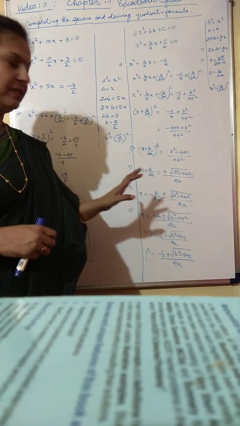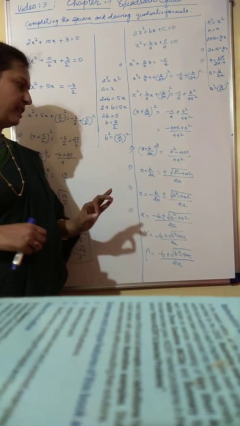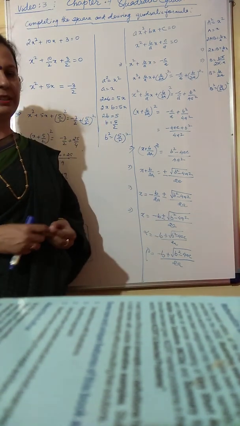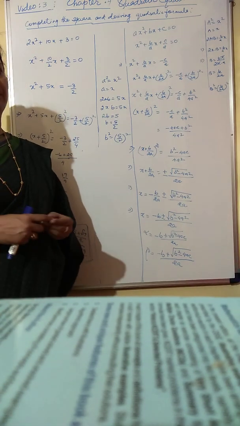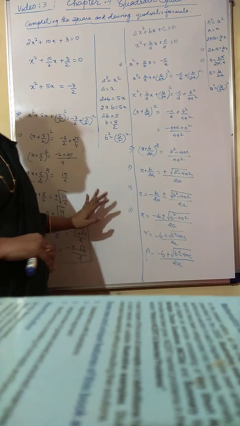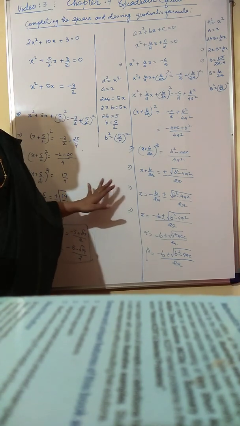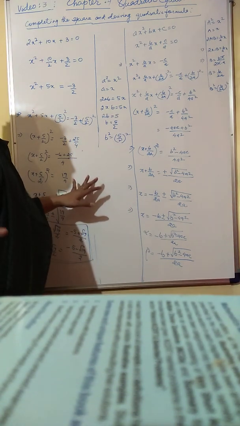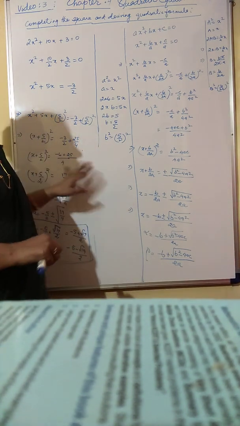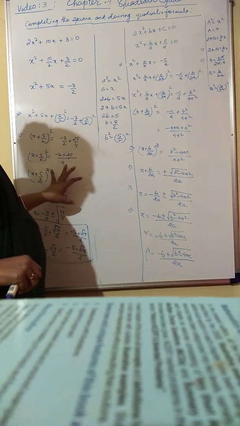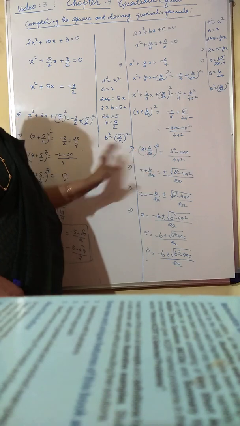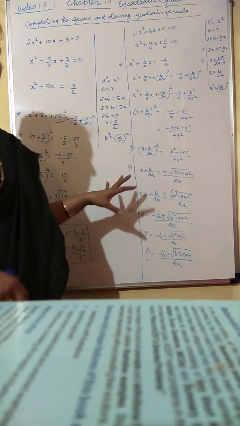So this is the completing the square method. Once you understand this method, understanding the derivation of the quadratic formula will become easy, and then solving the questions based on the quadratic formula will also be easy. So that's the whole purpose of explaining the completing the square method. Otherwise, this is completely removed from the syllabus. So that is why I am just taking up one question, and then I will use this method to derive the quadratic formula. Otherwise you would have little difficulty understanding it.